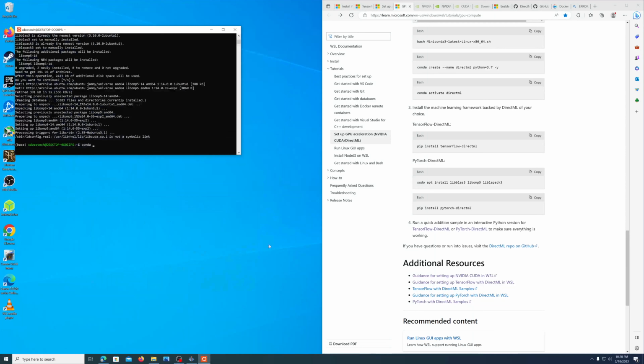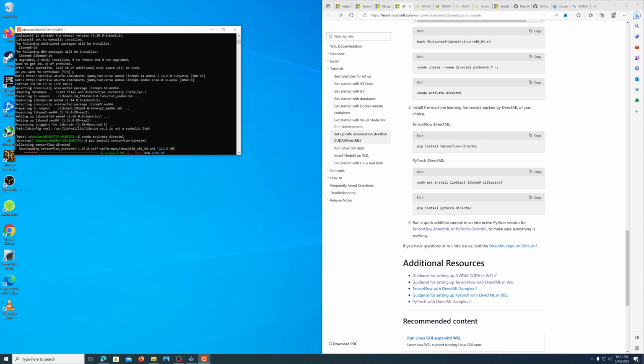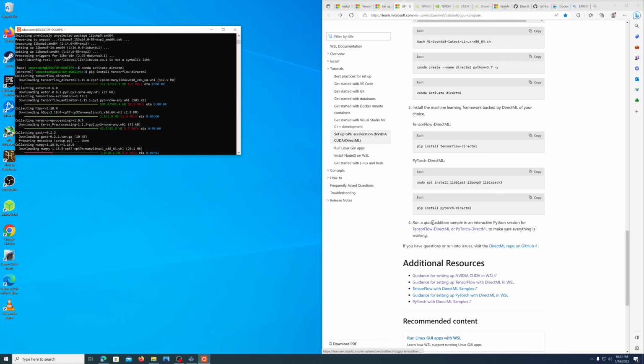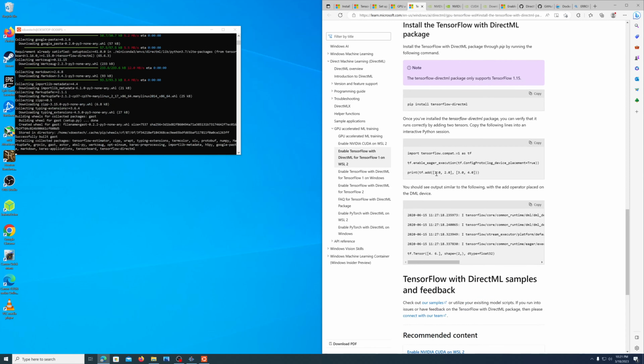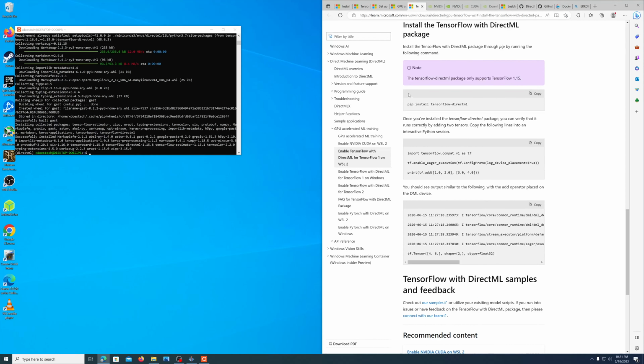So pip. Alright, so the first thing I'm going to do is activate the DirectML environment. Like a fool, I forgot to do that. So pip install tensorflow-directml. Actually, I don't think this will make a difference, but it looks like it did. Wow. So, I'm foolish here, but we'll go ahead and set up the TensorFlow DirectML, and we will then follow these simple instructions to add two tensors together to make sure everything is working,